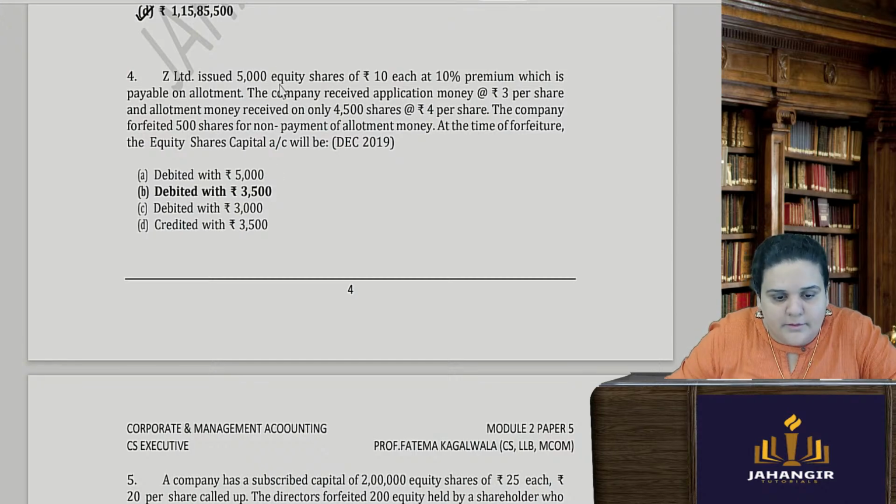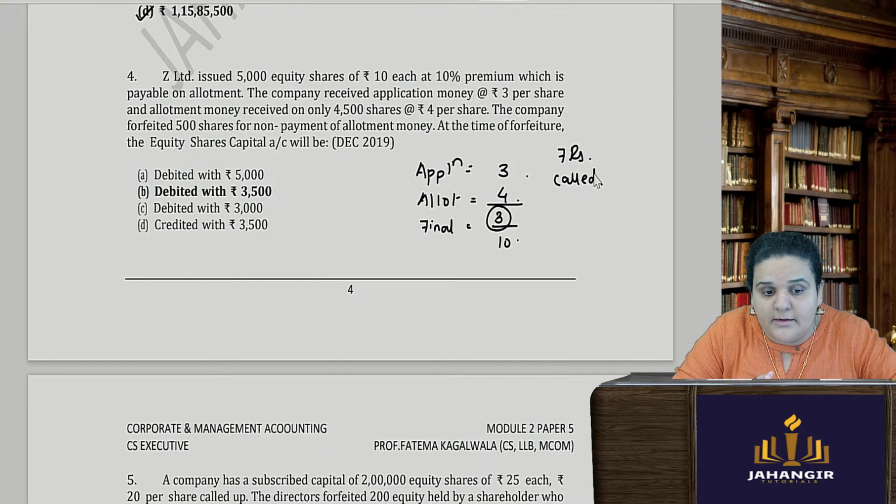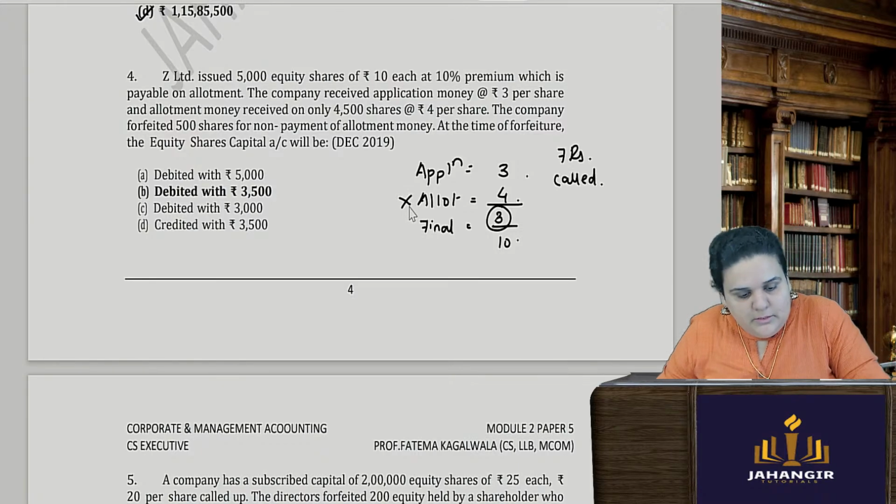Now understand one thing over here. Application money is rupees 3 and on allotment it is rupees 4. And the face value is rupees 10. That means the final call is not yet done. The final call of rupees 3 is not yet done. Called up amount is only 7 rupees. Only 7 rupees is called. The final call is not yet done. Immediately after allotment, due to non-payment of allotment money, the shares are forfeited. Okay. So here,